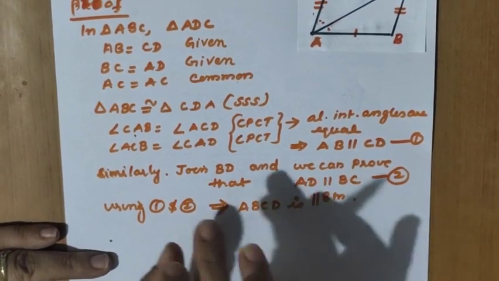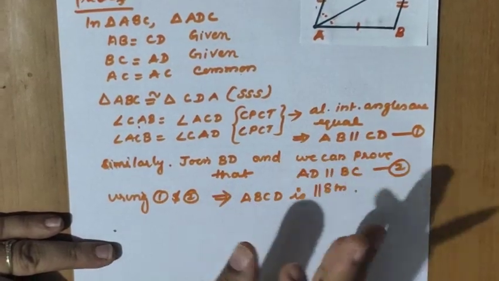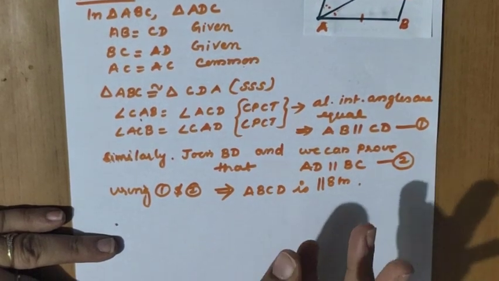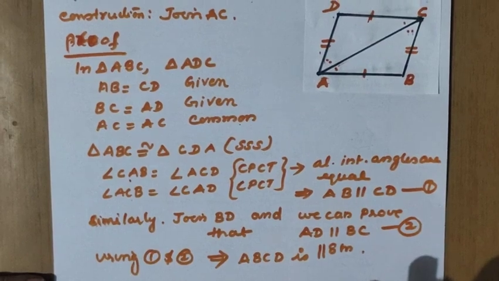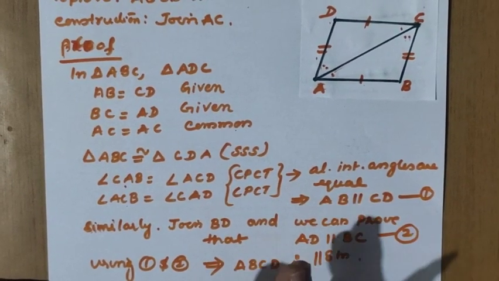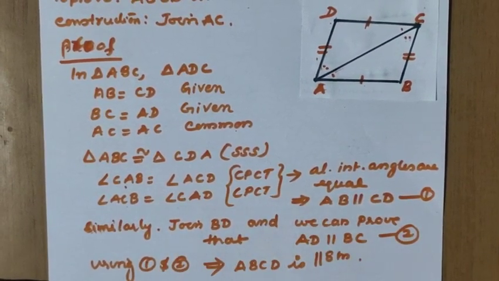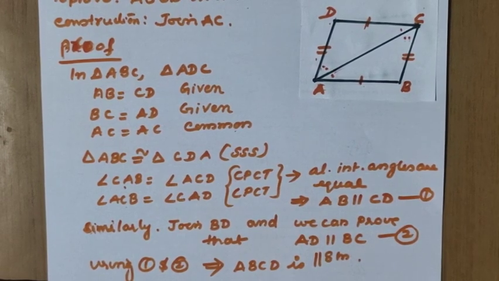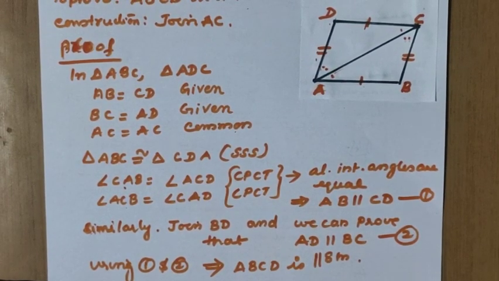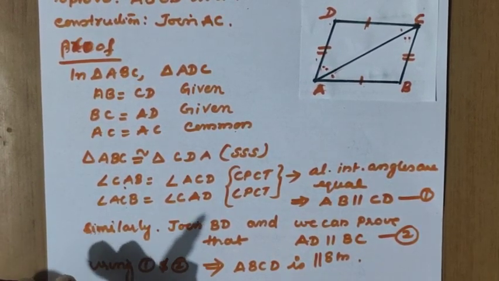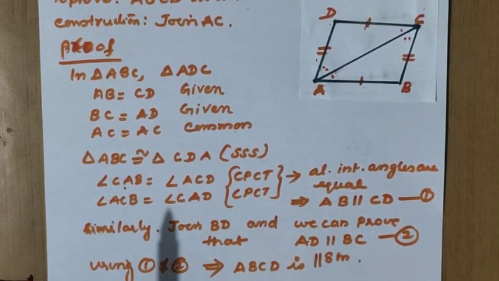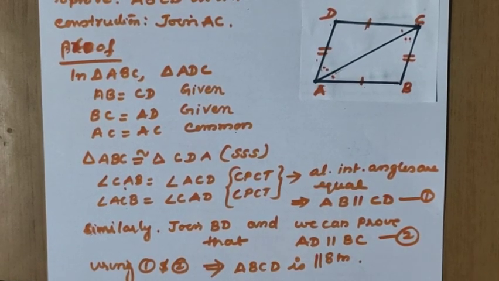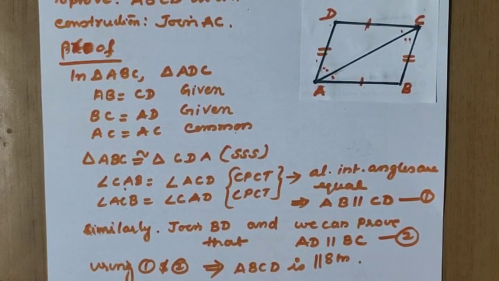Now all the three theorems we have proved now. What is the first theorem? Diagonal divides the parallelogram into two congruent triangles. Second theorem, it was opposite sides are equal. Third theorem was the converse of the second theorem. When the opposite sides are equal, then it is a parallelogram. So all these theorem proofs are almost similar only. The proof is different from one to one, because we have to take certain steps that you will get by practice only.